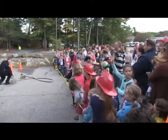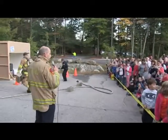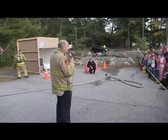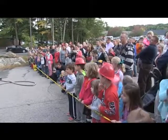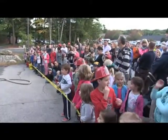How many people know how to get out if something bad happens? So what happens if there was a fire in the bedrooms upstairs and you couldn't get down the stairs? How do you get out? Ooh. So I have a question for the parents. How many of you guys have rescue ladders on your 2nd floor, just in case the stairs...